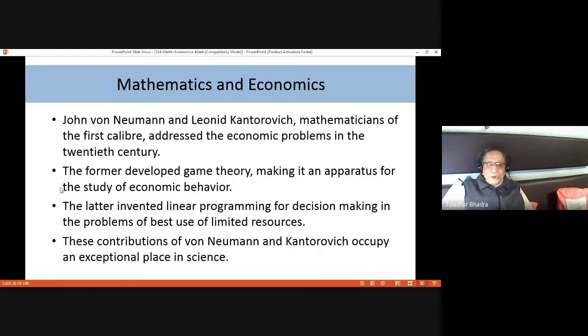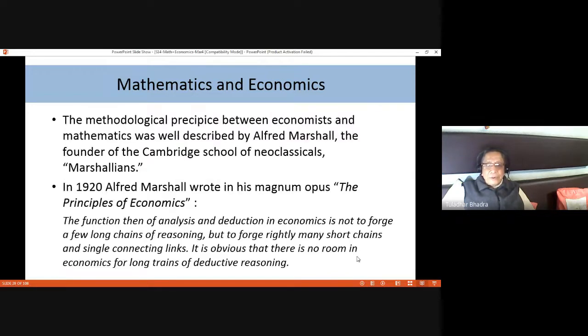And there is John von Neumann and Leonid Kantorovich, mathematicians of the first caliber, who addressed the economic problems in the 20th century. The former, von Neumann, developed game theory, making it an apparatus for the study of economic behavior. The latter, Kantorovich, invented linear programming for decision making in the problems of best use of limited resources. The contributions of von Neumann and Kantorovich occupy an exceptional place in science. The methodology and